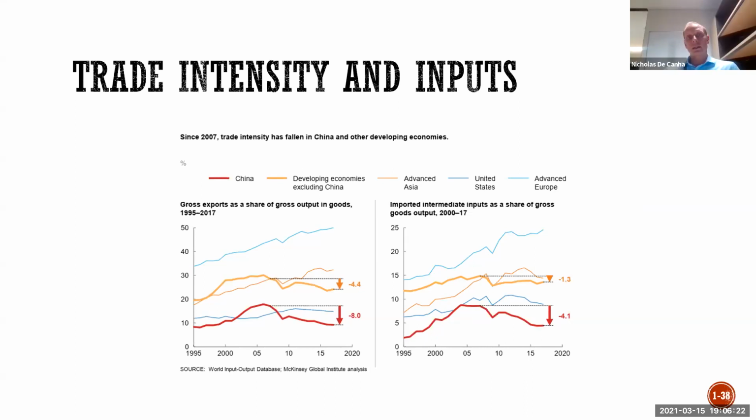Okay, so here is a kind of interesting and similar concept. And remember, don't worry, for those of you who are thinking, I didn't sign up for an economics course, we do get more and more focused on business. But as we said, we're going to start off just thinking about the picture of globalization. So here is trade intensity. And this is exports as a share of output. And as you can see, although the global average is going to sit around 20%,